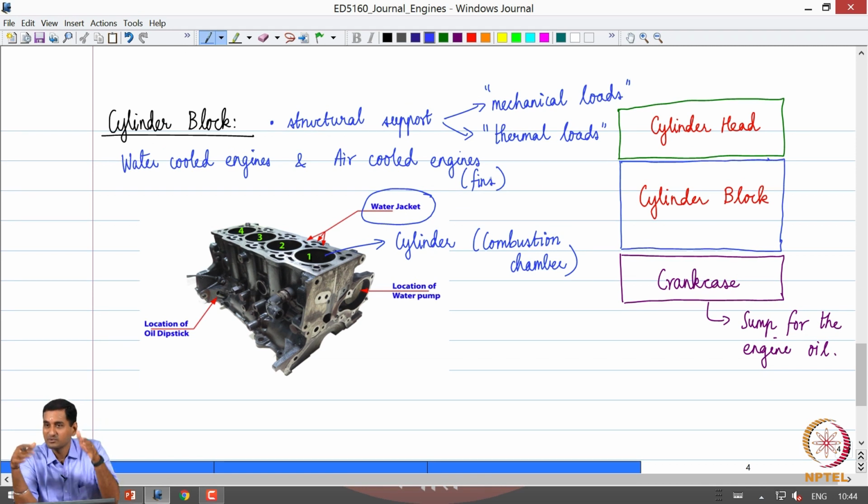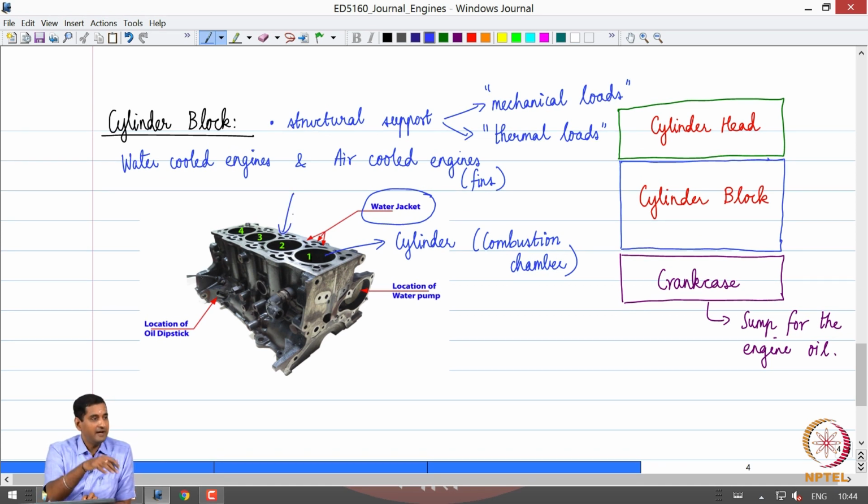So, you have fins to enable faster, better heat transfer through convection. But typical 4-wheel vehicles, what we are considering, will have water cooled engines, for obvious reasons. As you can see, there is a pump which will pump the coolant, the water, through these jackets, and the cylinders will contain the pistons, which we are going to look at shortly, and the cylinder head is placed on top of this